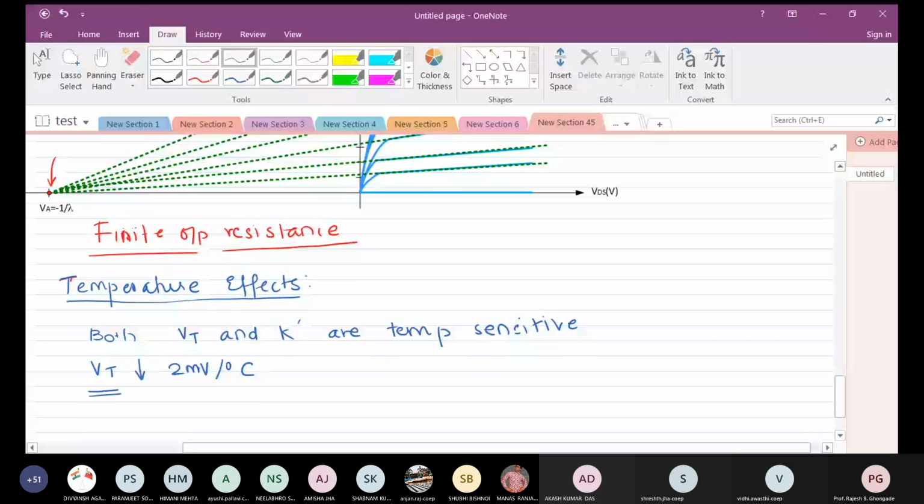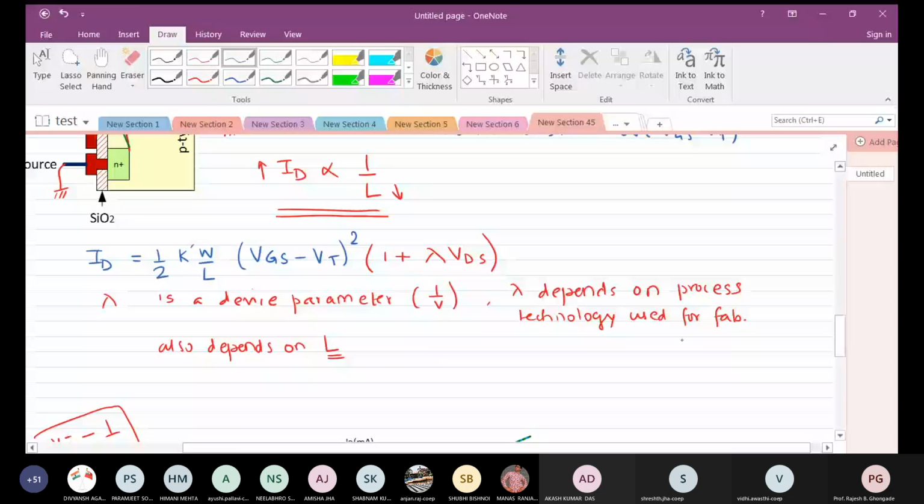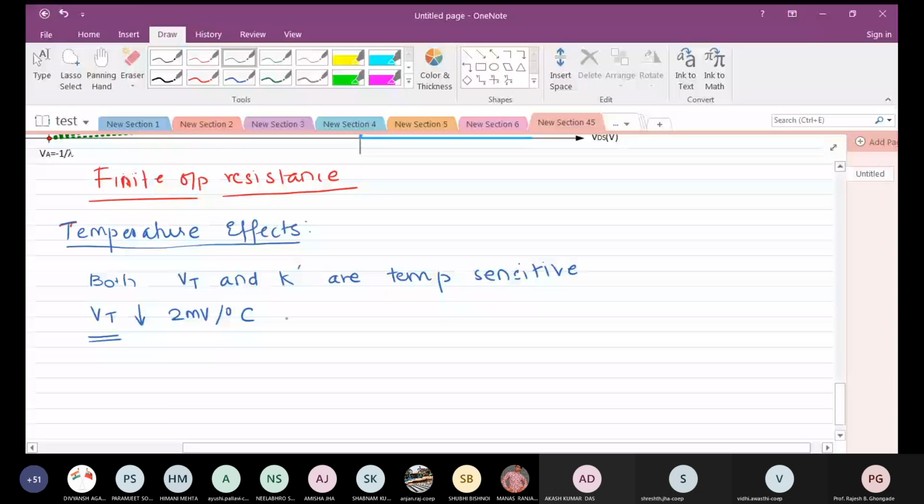Now this decrease in Vt gives a corresponding increase in the drain current. If you look at the equation for drain current, if Vt decreases, ID will increase. So the direct effect of temperature on Vt is that Vt decreases and ID increases. But there is